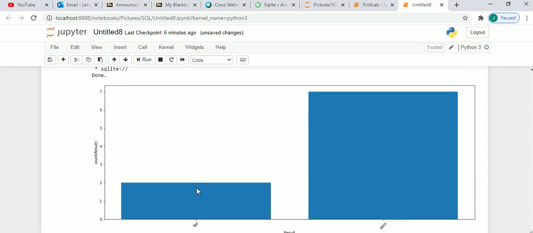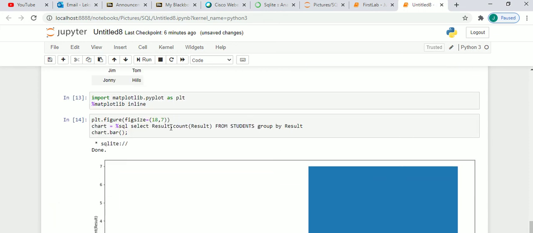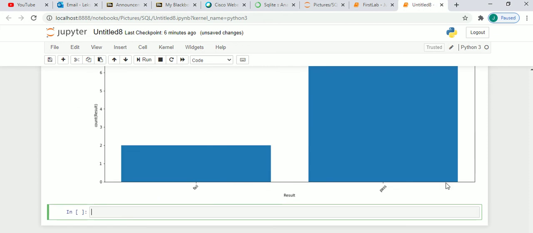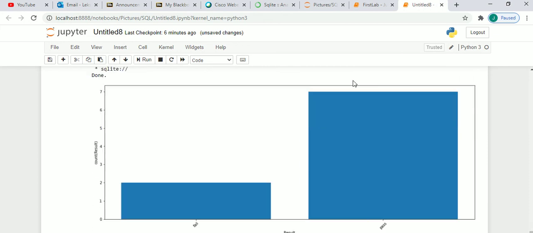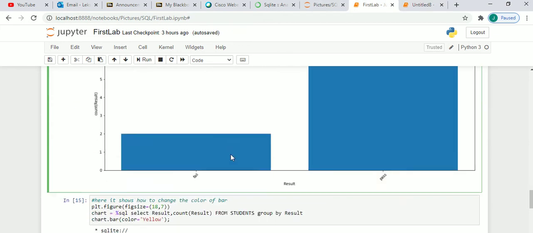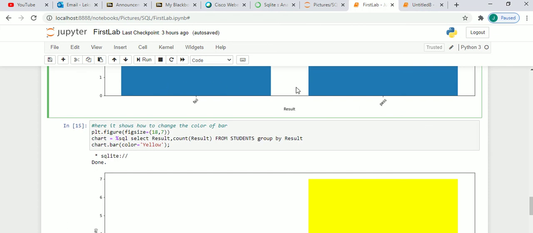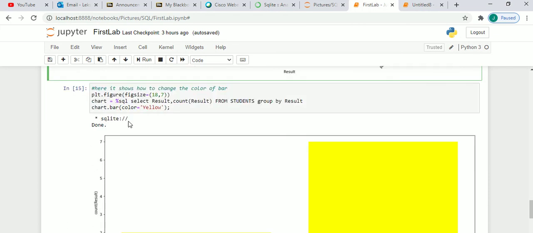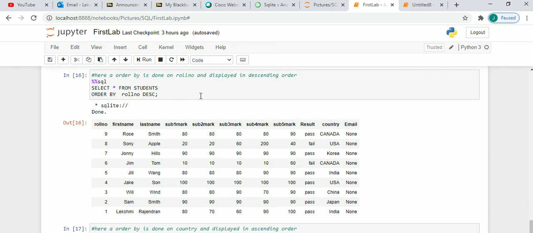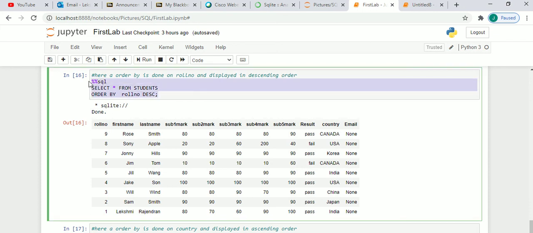If we run it, you can see the number of students who have failed is 2, and the number of students who passed is 7. Result is on the x-axis and count is on the y-axis. Now if you want to change the color of the bar, you can use this parameter and set the color to yellow.